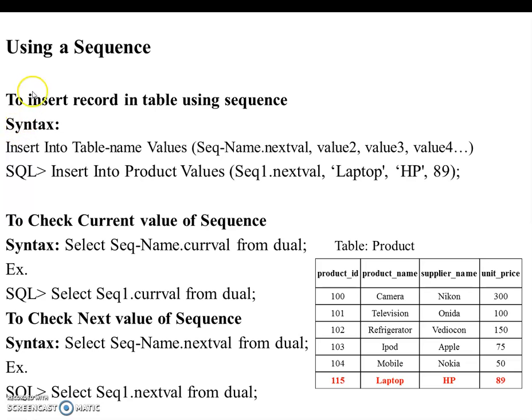Now I am going to use this sequence within my table. How? Let us see.